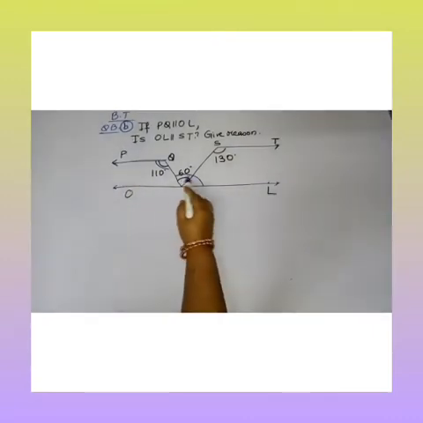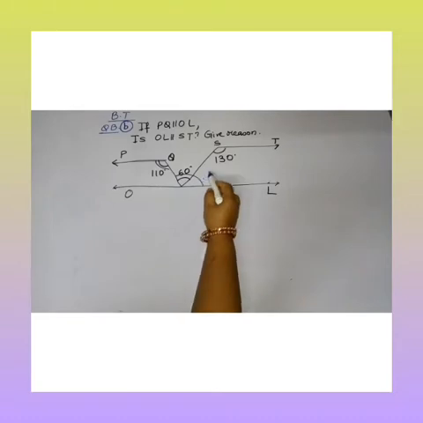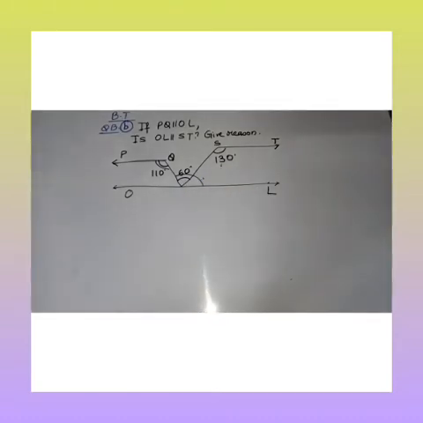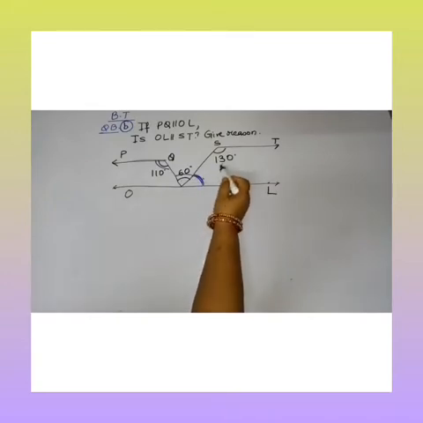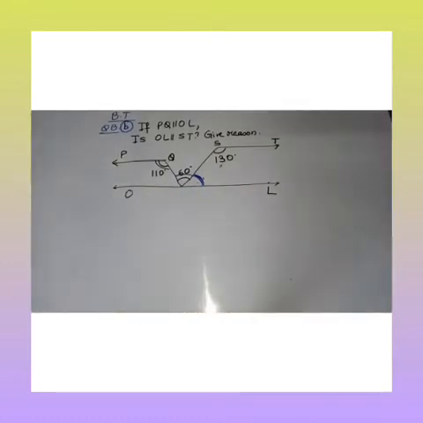If this is 60 degree, we can find this angle, and if the sum of these two is 180 degree, then we can say that these two lines are parallel, because the sum of co-interior angle is 180 degree in case of parallel lines only. So what we will do, first we will find this angle, that is this blue part angle, and let's see whether the sum of these two is 180 degree or not. So we'll write here,